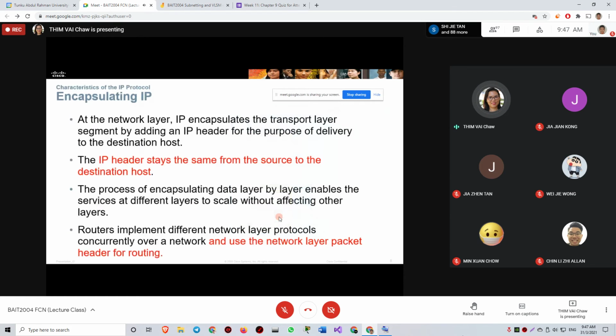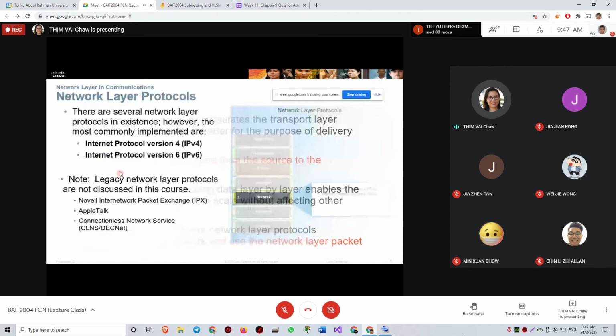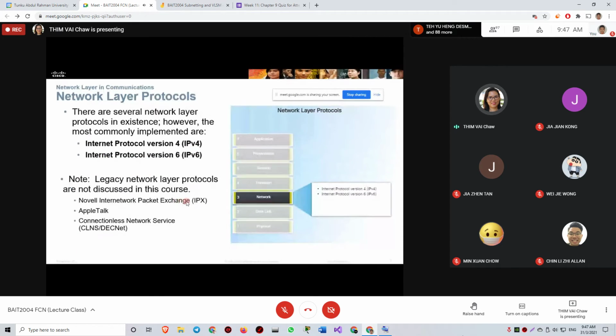So now we're coming back to this side, encapsulating the IP address. Just now I did mention the IP header stays the same from the source to the destination host. So I did mention the IP address will not be changed in your header, okay, the IP header. The router will implement different network layer protocols concurrently over the network and use the network layer packet headers for routing. So one router may not only implement IPv4, it can implement IPv6 at the same